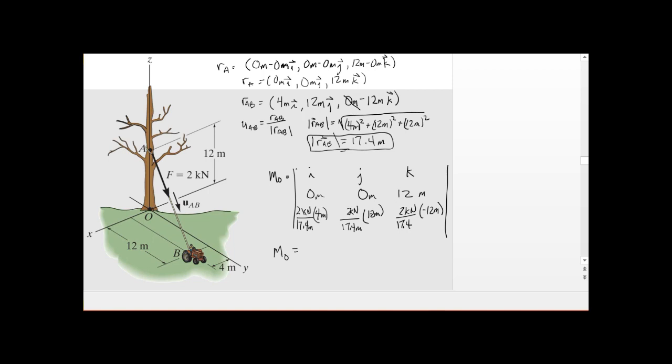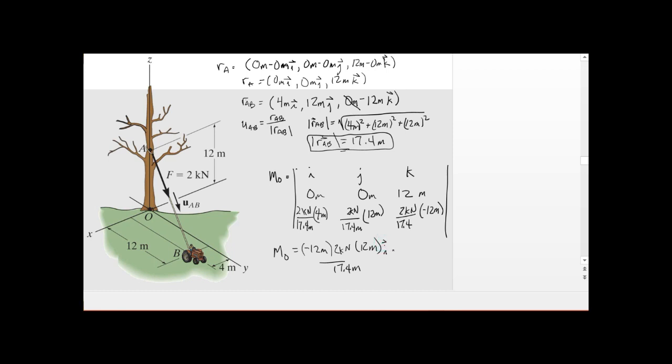This is 0, and then we have minus 12 meters times 2 kilonewtons times 12 meters divided by 17.4 meters in the I direction. And we have